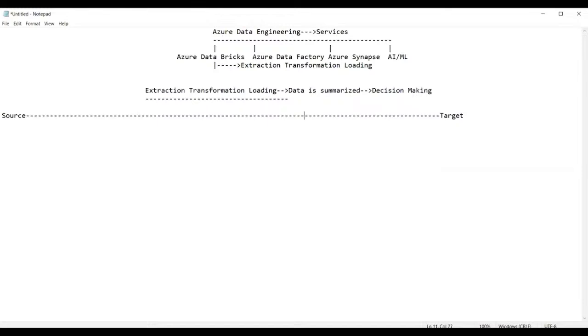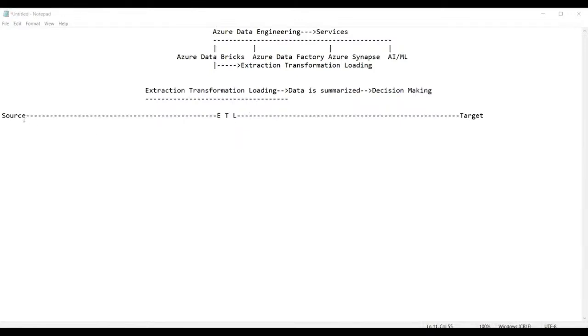Between the source and the target, this process of ETL is always applied, irrespective of whatever service we use. Generally, I'm talking about ETL. ETL is a process where the data is summarized.